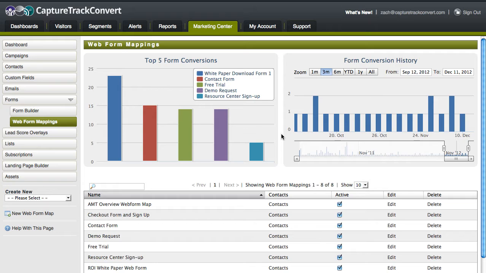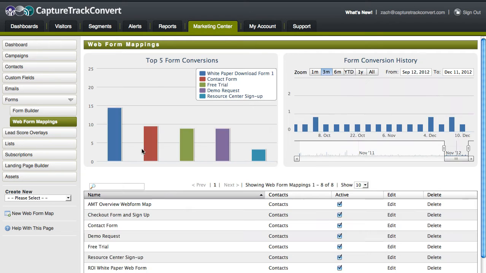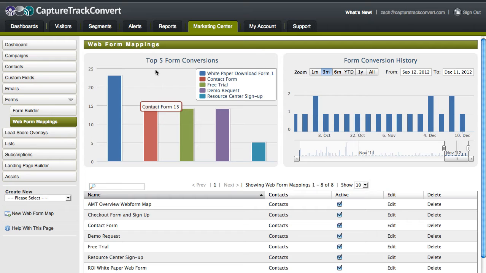feature. So to get to that area, click on the Marketing Center, and then click on the Forms tab over here on the left-hand sidebar, and then under that you'll see either the Form Builder, but for this tutorial, click the Web Forms Mapping. So once you do that here, you'll see that it loads our nice web form mapping